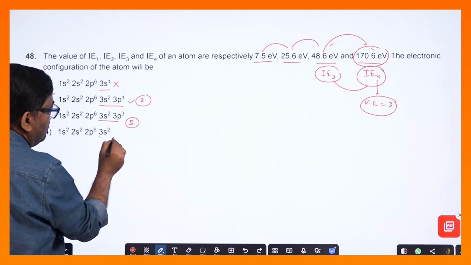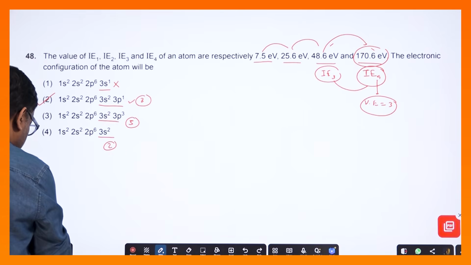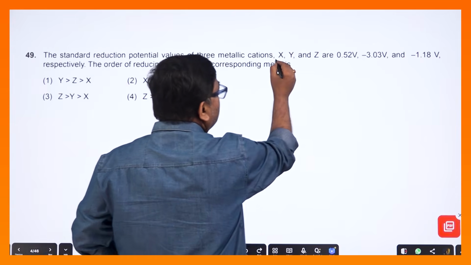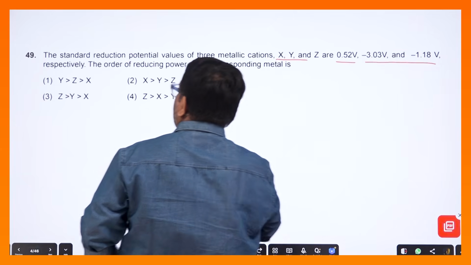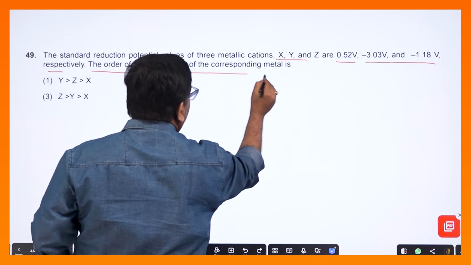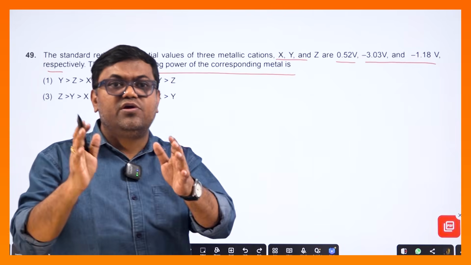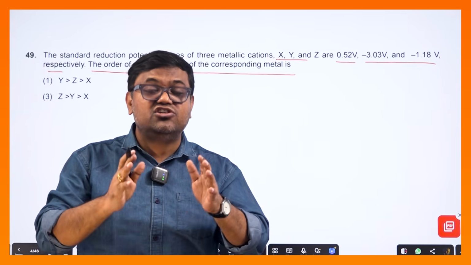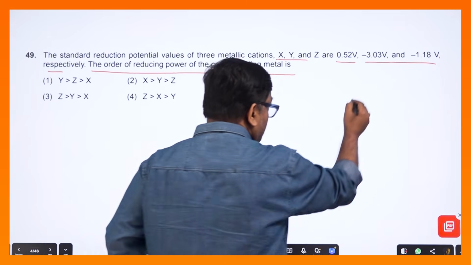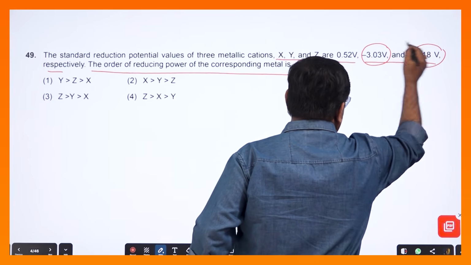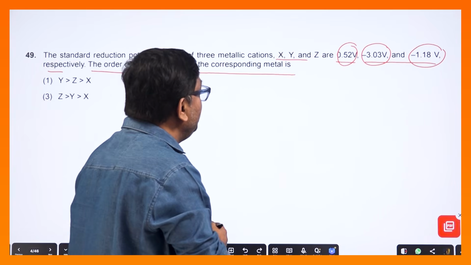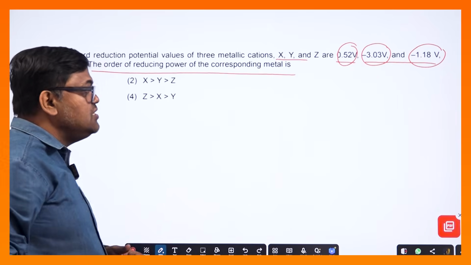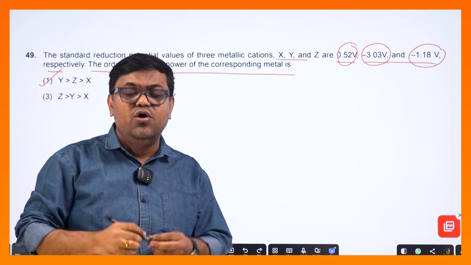ঠিক আছে, এটা দেখো 5 ভ্যালেন্স ইলেকট্রন, এটা দেখো 2 ভ্যালেন্স ইলেকট্রন, অ্যান্সার হলো 2। নেক্সট কোশ্চেন বলেছে দ্য স্ট্যান্ডার্ড রিডাকশন পোটেনশিয়াল অফ সাম 3 মেটালিক ক্যাটায়ন্স, এগুলো দেখো ভ্যালু তোমাকে দিয়ে দিয়েছে, দিয়ে বলেছে রেসপেক্টিভলি, বলো দ্য অর্ডার অফ রিডিউসিং পাওয়ার অফ দ্য করসপন্ডিং মেটাল কী হবে। তাহলে এই ধরনের প্রবলেম আমরা অ্যাপ্রোচ করব কীভাবে, এই ক্ষেত্রে আমরা করব যে মেটালটার রিডাকশন পোটেনশিয়াল সবচেয়ে কম হবে সেটা সবচেয়ে স্ট্রং রিডিউসিং এজেন্ট হবে। তাহলে সবচেয়ে কম কার, সবচেয়ে কম দেখো এইটা, তারপরে এইটা, তারপরে এইটা, সবচেয়ে বেশি রিডিউসিং পাওয়ার ওয়াই, তারপরে হবে জেড, তারপরে হবে এক্স, তাহলে ওয়াই জেড এক্স, অপশন 1।